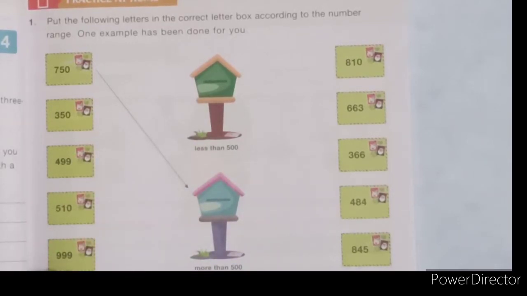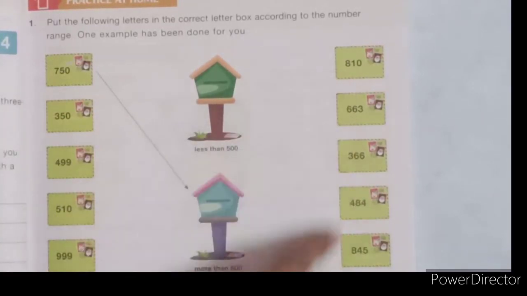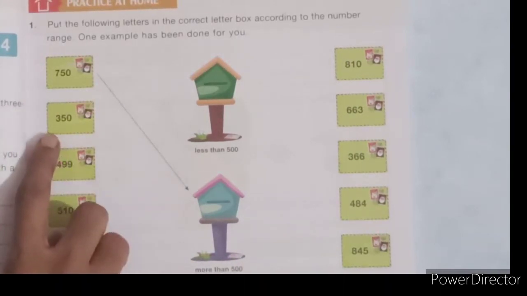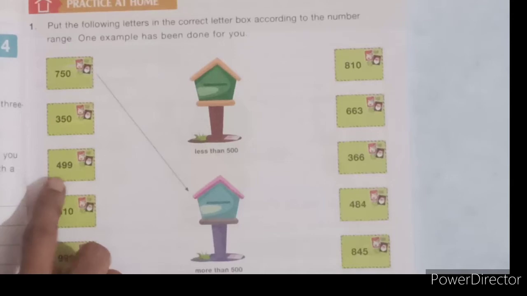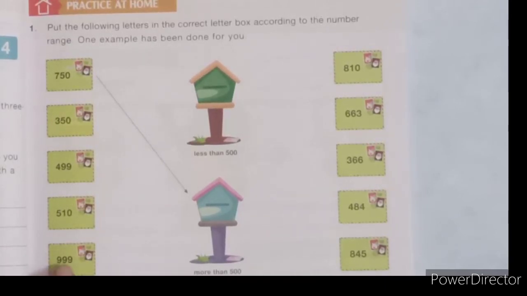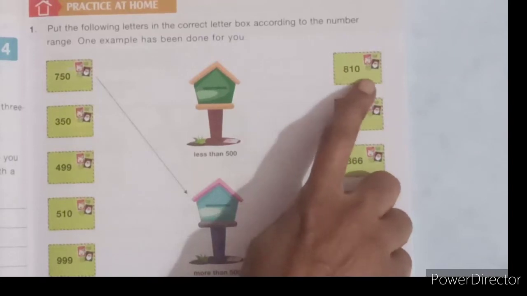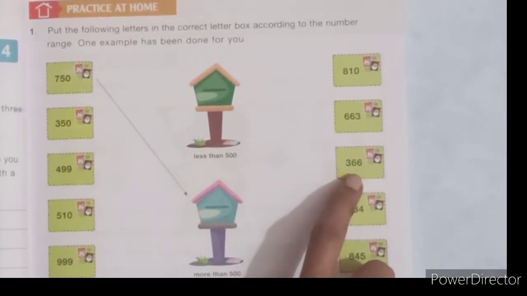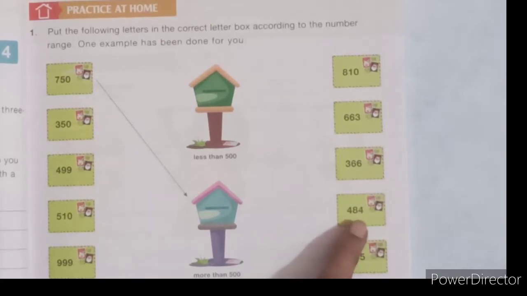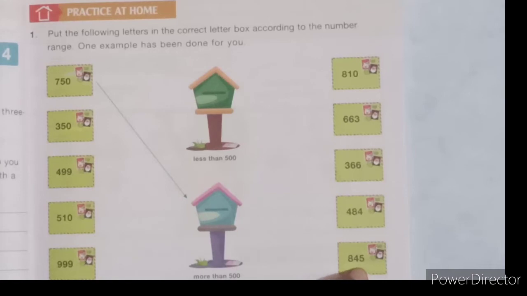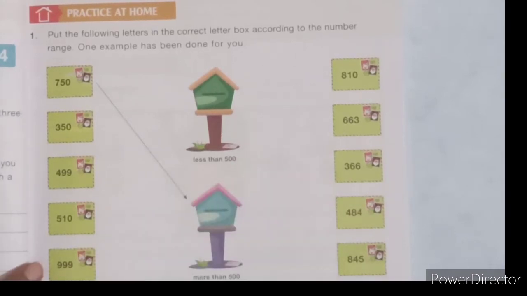So before that we will read the numbers from this letter. Here is 750, 350, 499, 510, 999, 810, 663, 366, 484 and the last is 845. Now how can we arrange this? Here